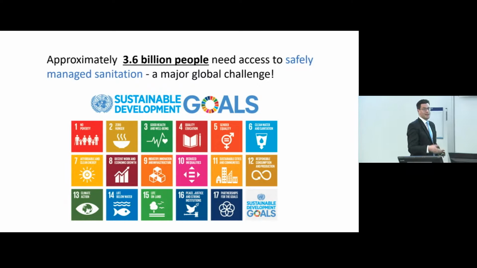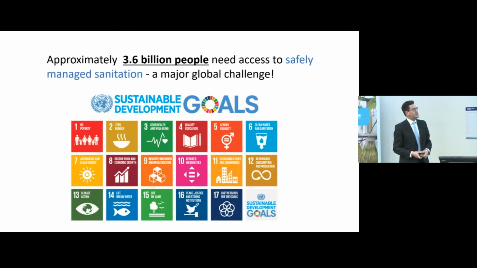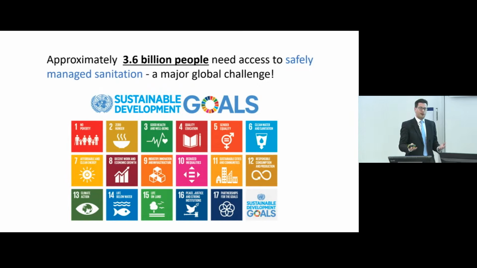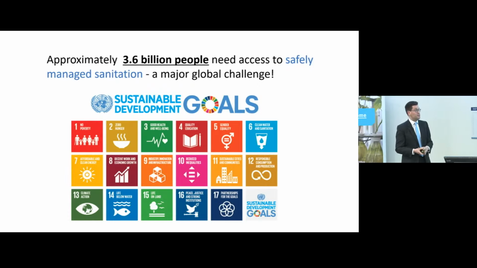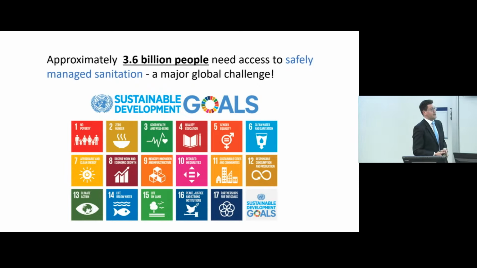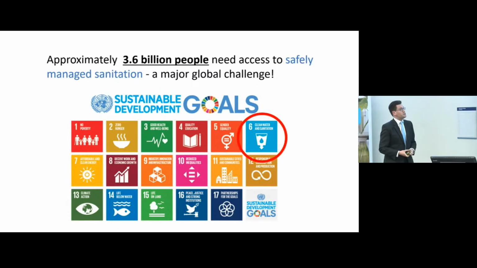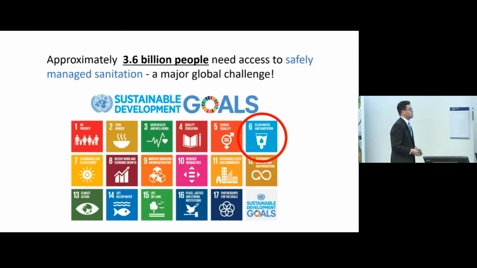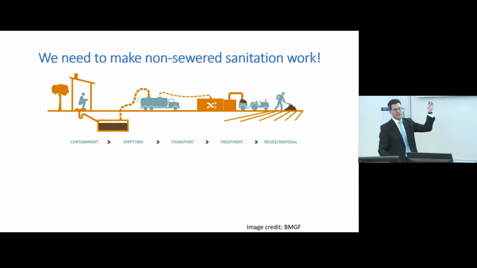And I was in Geneva last week with some colleagues from the International Relations Office, and personally I found it a bit discouraging, actually, because I think a lot of the people there, because of what's going on in the world currently, have seen that maybe progress towards the Sustainable Development Goals is being put to the side for a second because there are more urgent things that need to be focused on right now. But the one that my research is particularly looking at is number 6, which is about access to clean water and sanitation. And really the key to achieving this goal is making this system work.